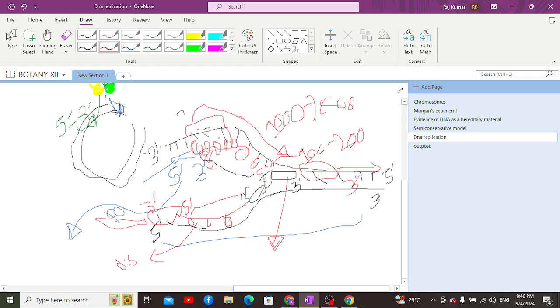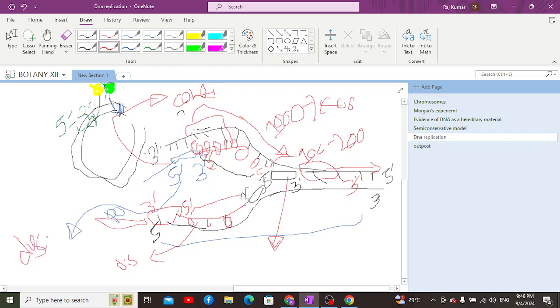The 5 prime to 3 prime complementary daughter strand is continuous because there's no primer in the interval. But if you talk about the 3 prime to 5 prime strand, it is discontinuous because it is having several primers coming at its interval,